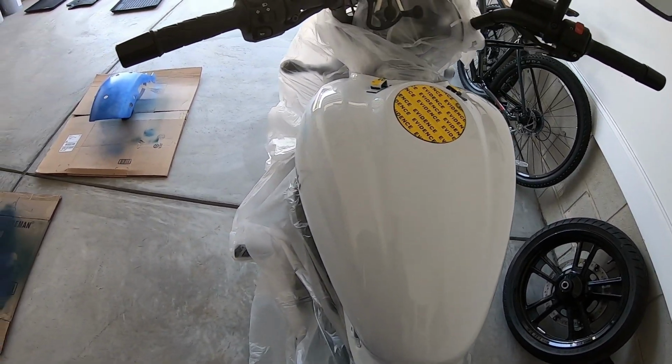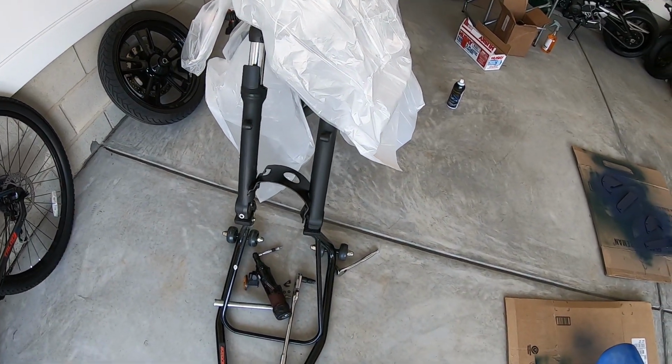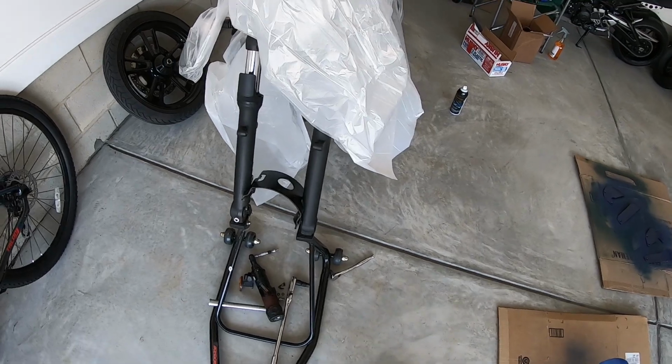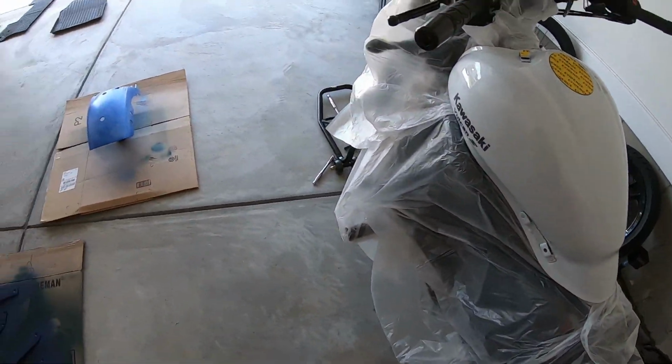And that's about it. And then, as I mentioned, I had to take the front wheel off because you can't get the fender out unless the wheel is off. So I took all that off. So as you can see,